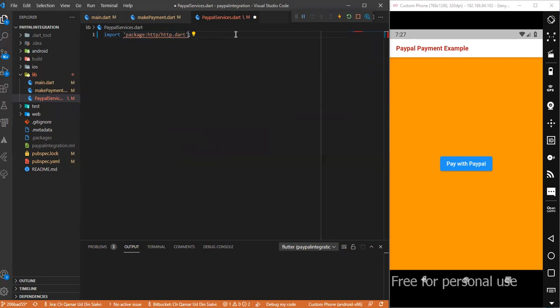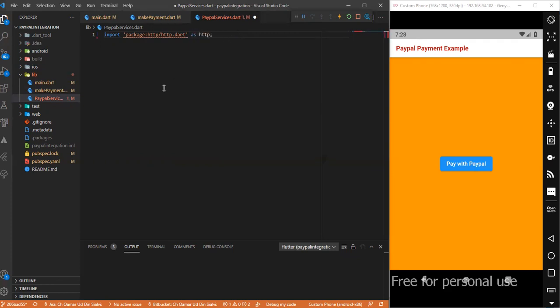As I said, we are going to use the WebView, as things would be much easier when we are dealing with the WebView, because PayPal isn't providing direct access to their services in Flutter as far as I have investigated. So the WebView was very easy, like we would be scraping different things from the web browser, and we would be using that in order to authenticate or to perform the transactions. I would be simply importing it as